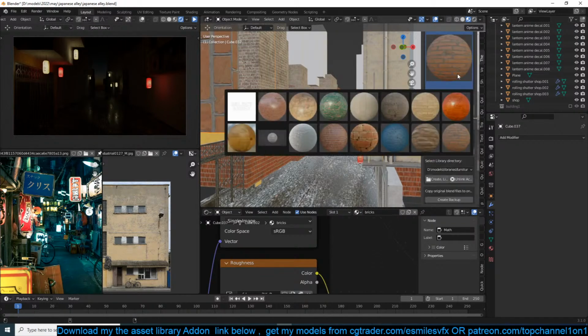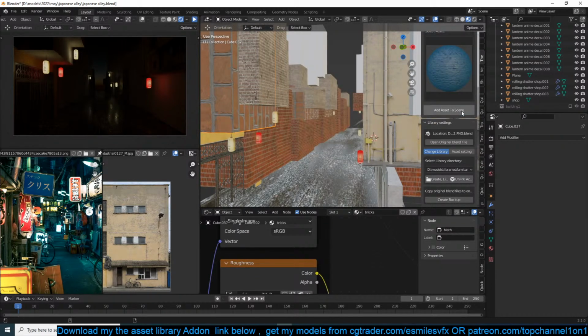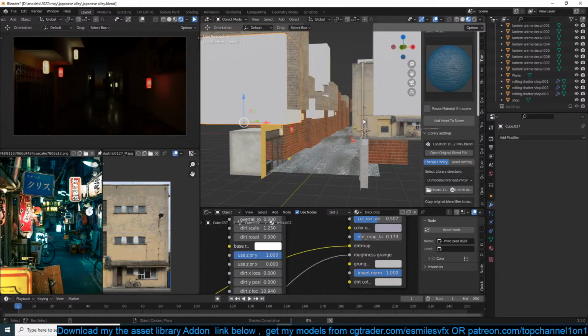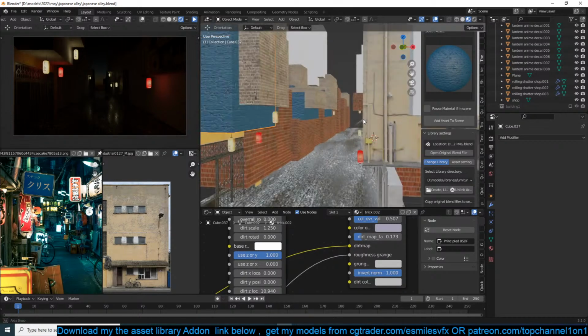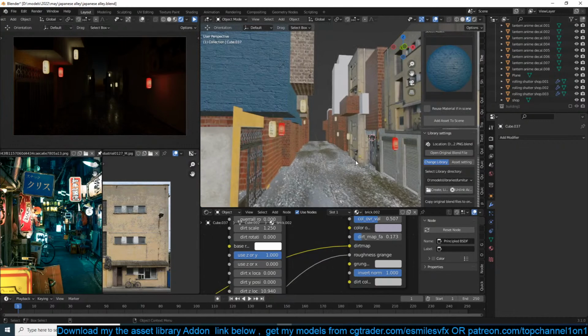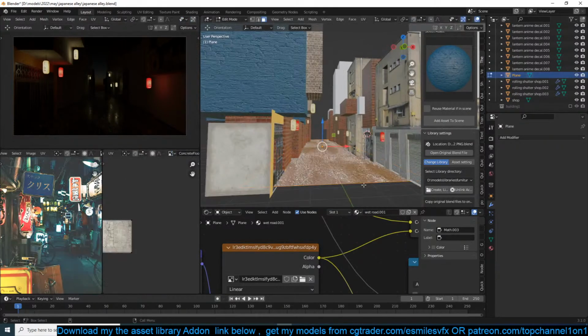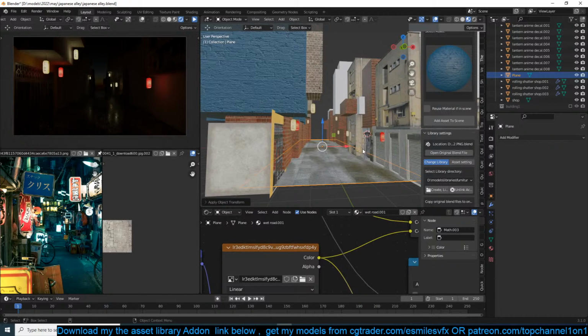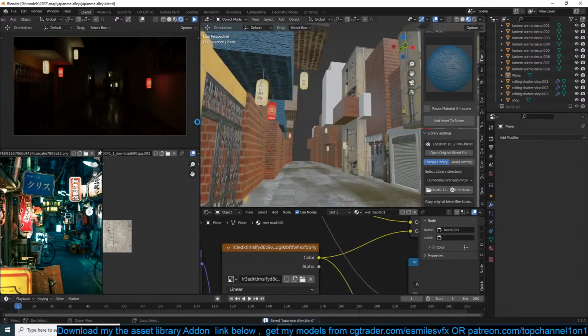Now let's use a different one. Now you can see that we're starting to see something.